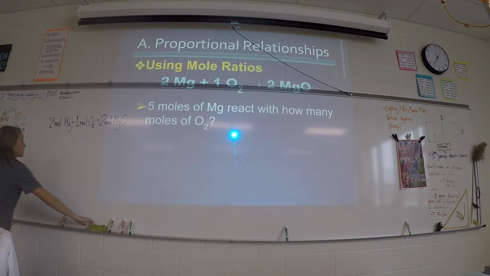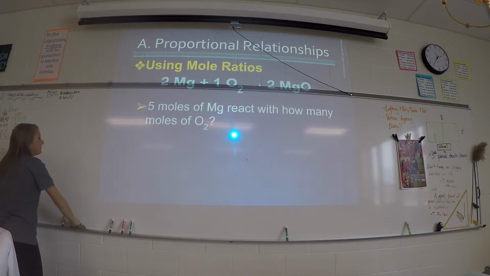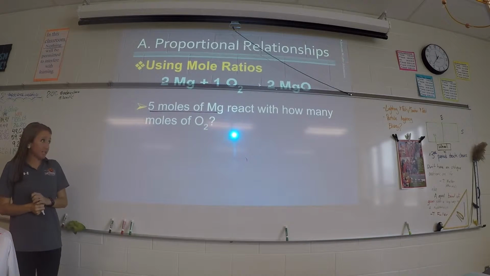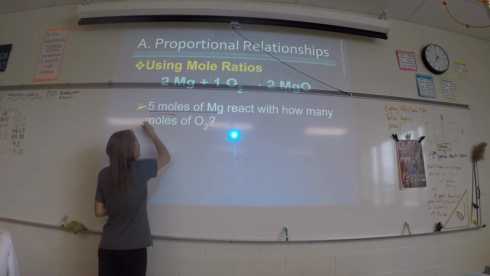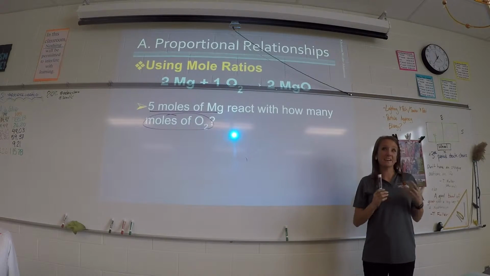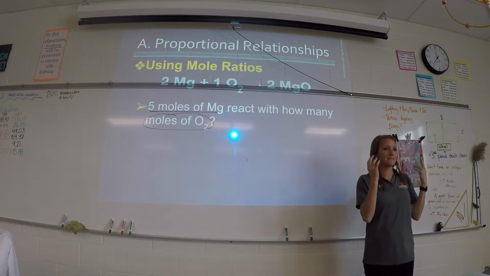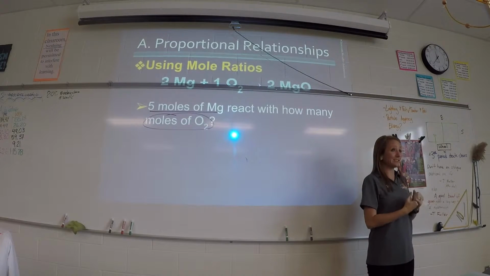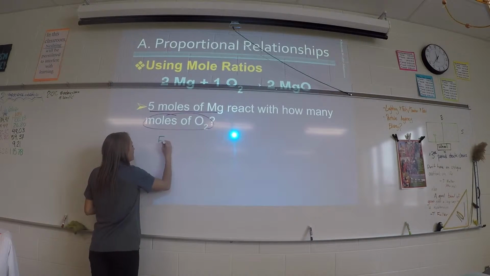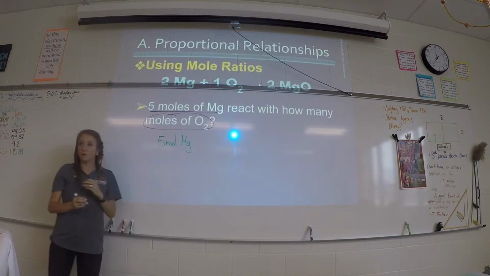Okay, so let's say, for example, I ask the question, from this equation, if I have 5 moles of magnesium, how many moles of oxygen will it react with? Very similar equation actually to our s'mores, but now we're just talking about magnesium and oxygen, so a little less tasty of an equation. The idea is still the same. So we always start with what we know. So I'm going to write down 5 moles, so write this in your box down there. So if I have 5 moles of magnesium,